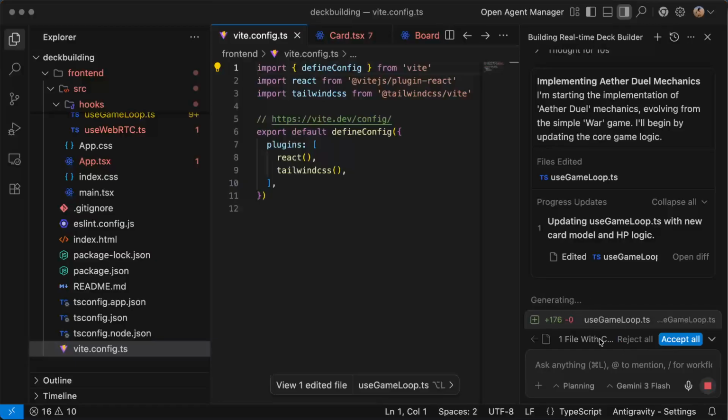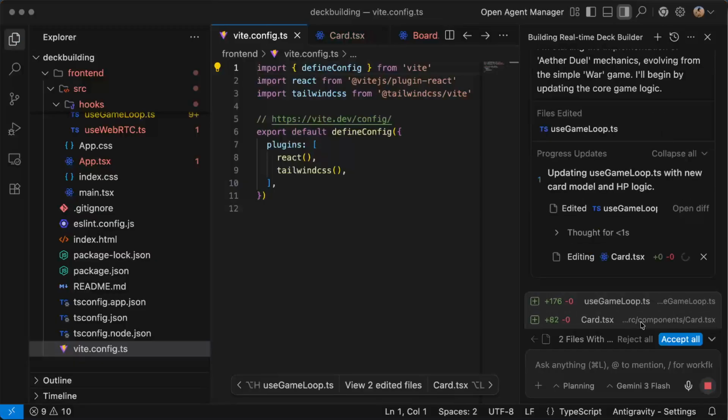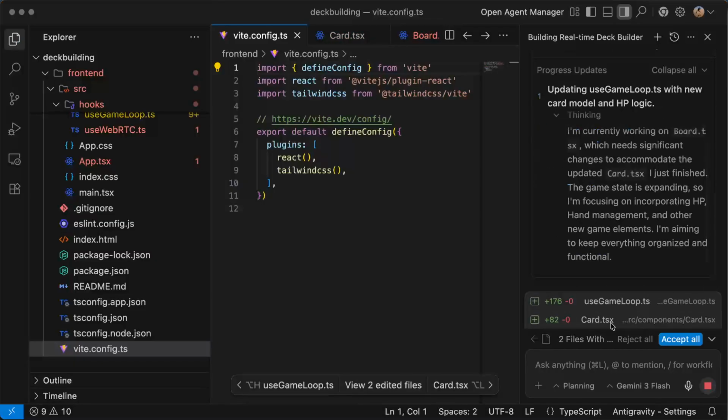So here is changing the use game loop, which is normal, right? Really touching the game mechanics. And again, also in card, he is adding extra lines of code within our card.tsx. So that's also normal.